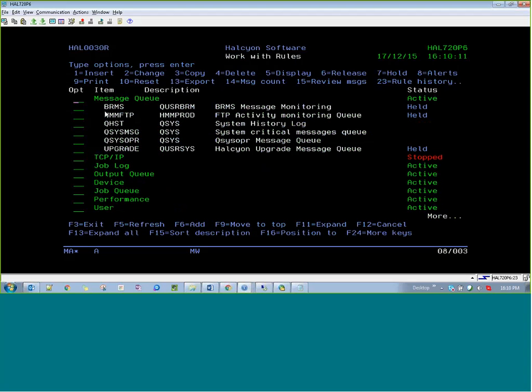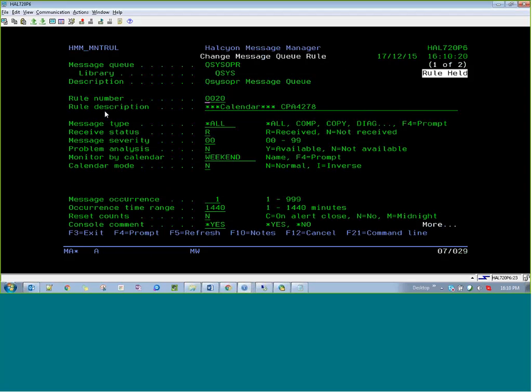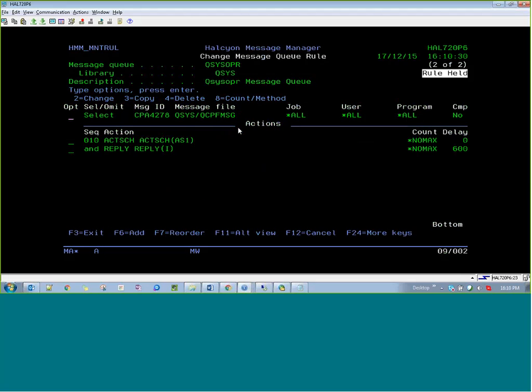Okay, as we move on, quite a lot has changed in and around rules. So let's look at another one in here. So this one here is looking for something being received, and it's looking on QSysOpera, and it's looking for a CPA 4278. And I'm quite sad, that's a problem with a tape drive, an active file on a tape drive. What you can do now is you can